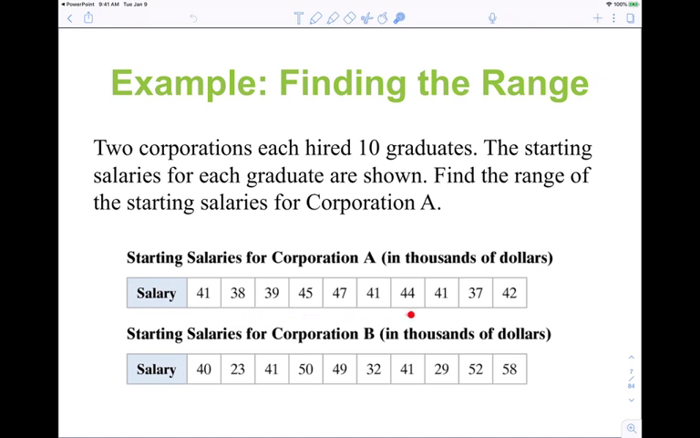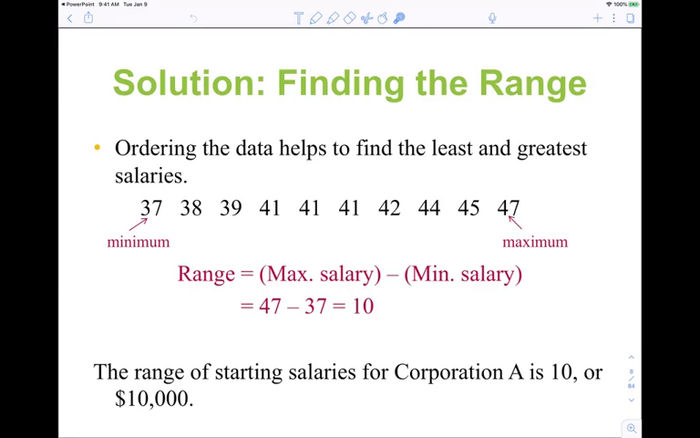Looks like 47 is the max, and it looks like 37 might be the min right here. So the range is basically 47 minus 37. So the range for that data set should be 10,000. Okay, so we see the note suggests ordering the data helps to find the least and greatest salaries. We see the max is 47 and the minimum is 37. So the range is going to be our